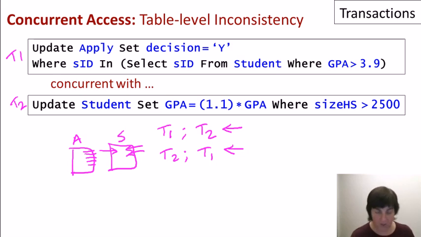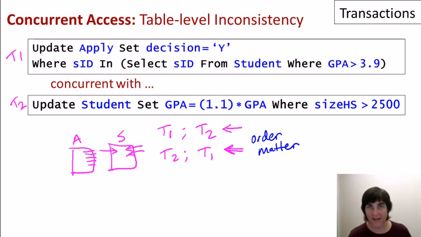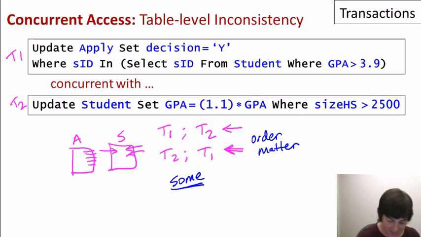In the first case, we'll update all the decision records before the GPAs are modified for anyone, and in the second case, we'll update the apply records after the GPAs have been modified. The interesting thing here is that the order does matter in this case. Now, the database systems only guarantee serializability. They guarantee that the behavior will be equivalent to some sequential order, but they don't guarantee the exact sequential order if the transactions are being issued at the same time. So if it's important to get, say, T1 before T2, that would actually have to be coded as part of